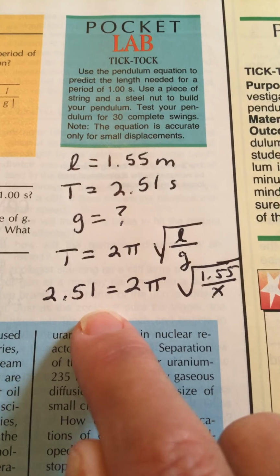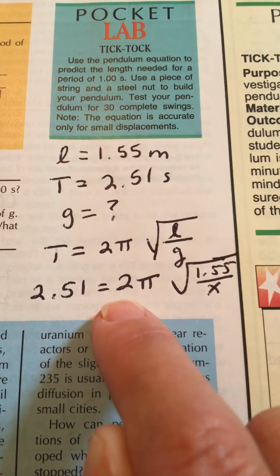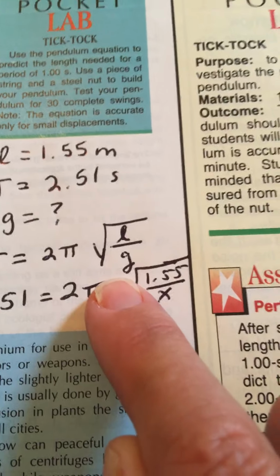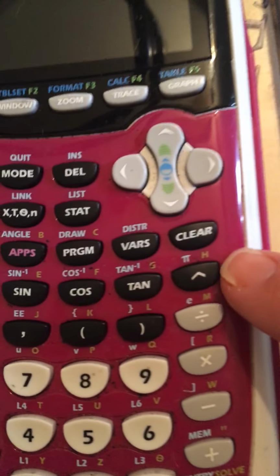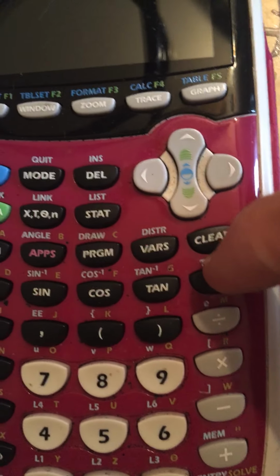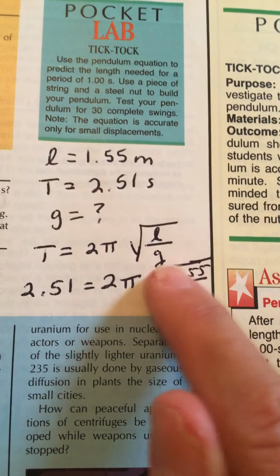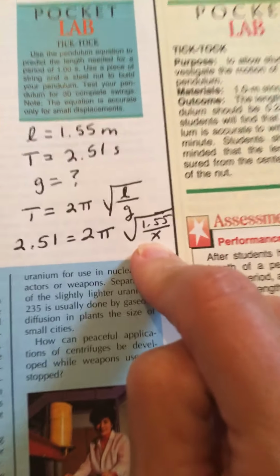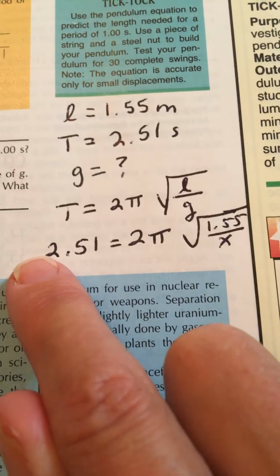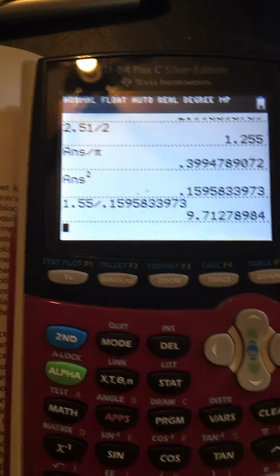The period is 2.51. 2 pi, 2 is 2, pi is pi. On your calculator, how you get to pi is it's the second of the up arrow. See that little pi right there? All right, times the square root of 1.55 over x. So how I would do this on my calculator is I'd first put in 2.51. Why don't we do it together? Okay, turn our calculator on, and I start here with that,